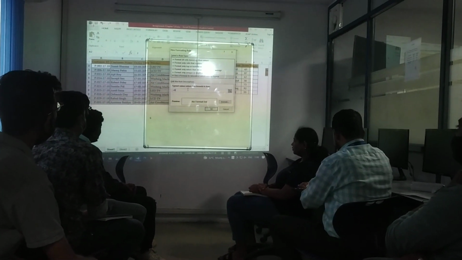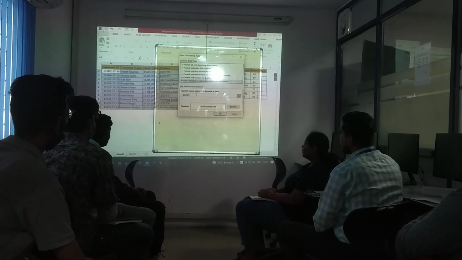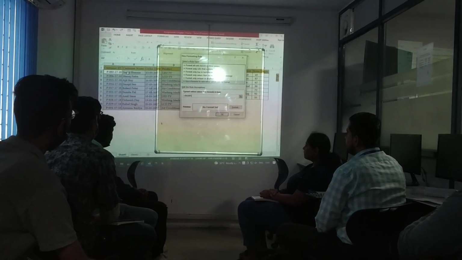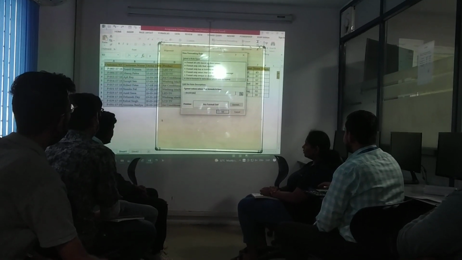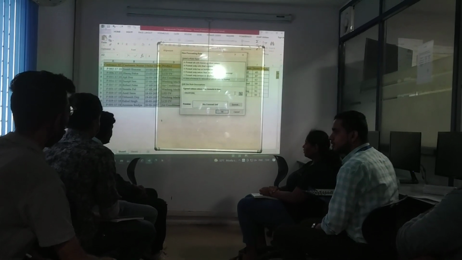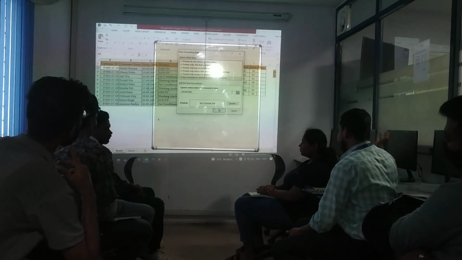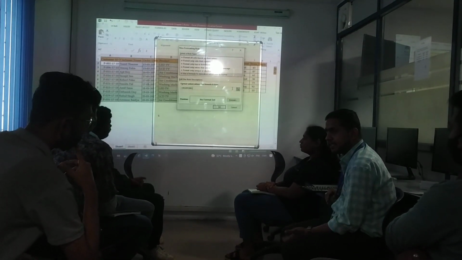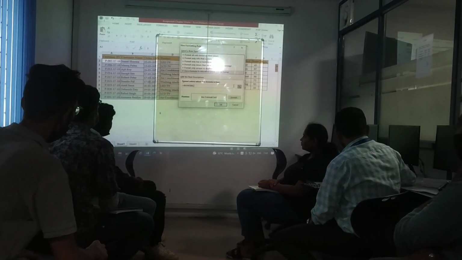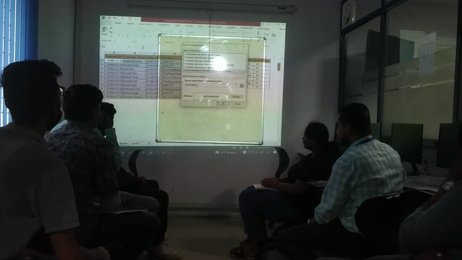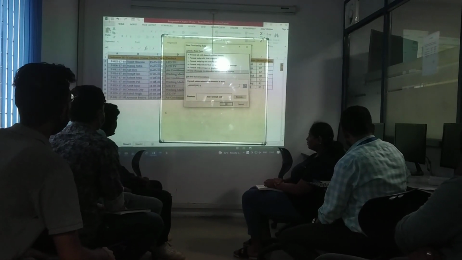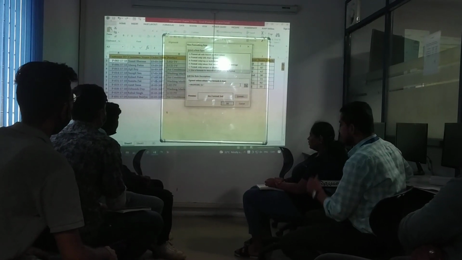I'll write is equal to RIGHT, bracket open. I'll select the same cell, again column fixed, row open, comma. If I give comma, it will ask which character from the right side. From the right side, we want to highlight the first character, so we'll type 1. Bracket close. After bracket close, is equal to what character should come here?